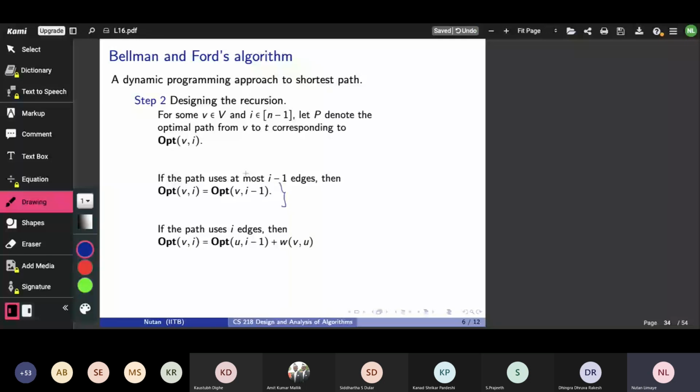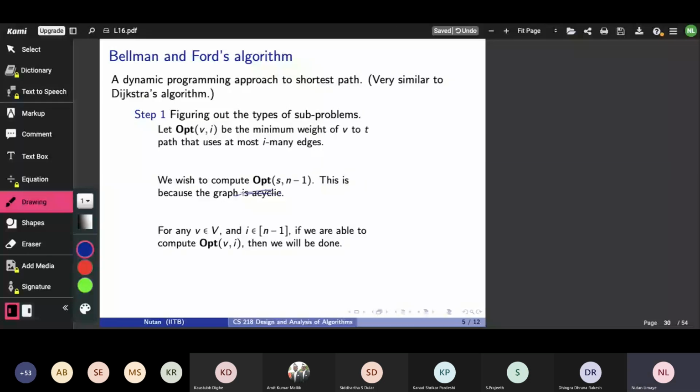Recall, in the subproblems that we defined, as I told you already, "at most" is the key here. We have said exactly i we may not be able to keep track of very well, but what we can certainly keep track of is if the minimum weight path uses at most i edges, right? So if it is using i edges, well and good, then the recursion that you may have thought about will